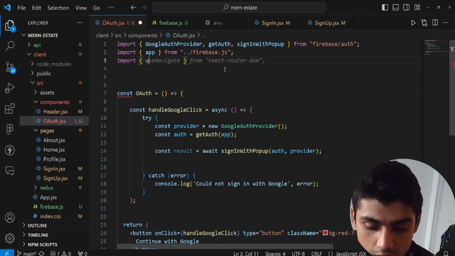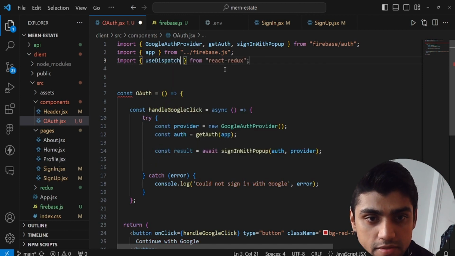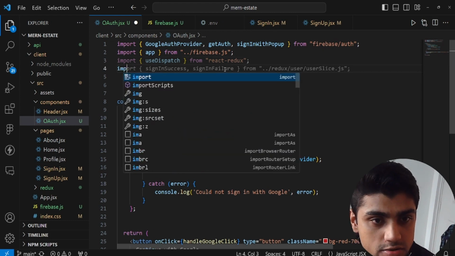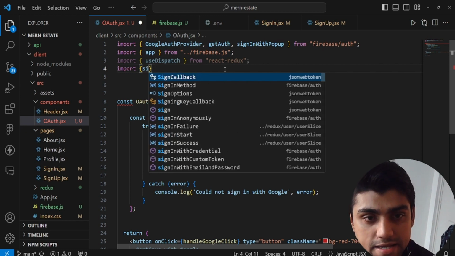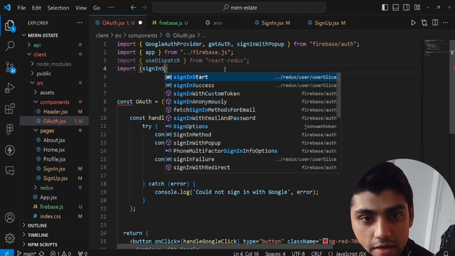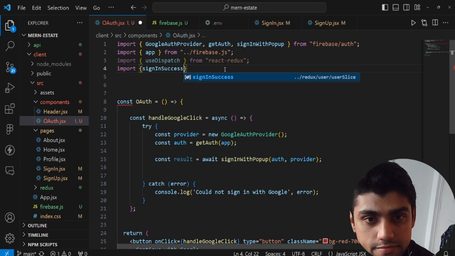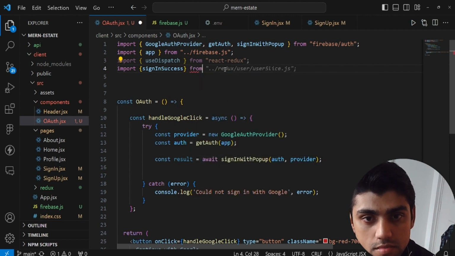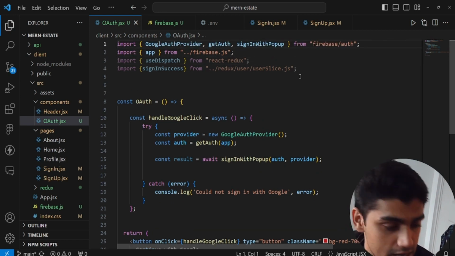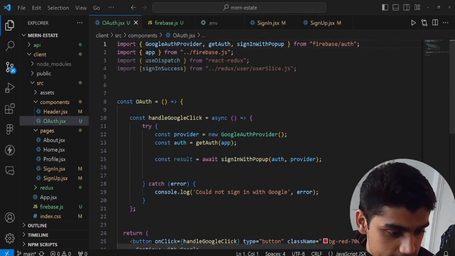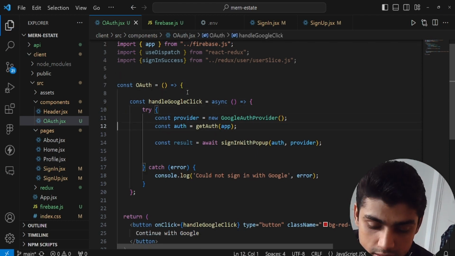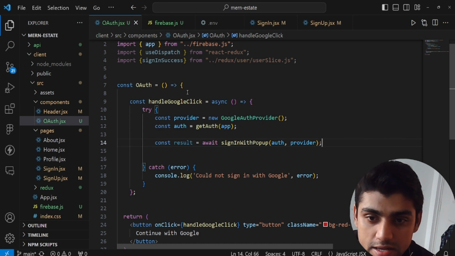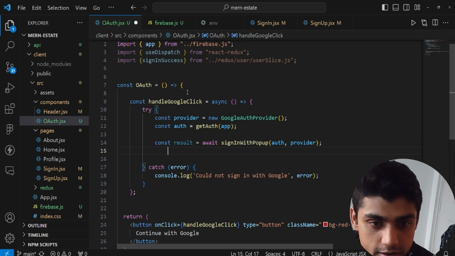First, we need useDispatch, this hook we need from React Redux, and we also need the signInSuccess that we created from the Redux user slice. Okay, so these things we need, and I'm going to tell you the reason for this. Let's go here, and in here now, essentially, since the pop-up window appeared, what